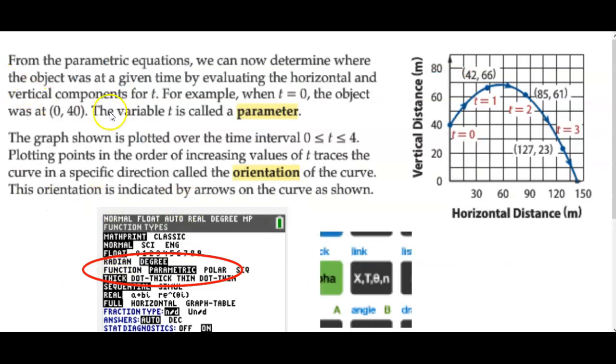So it says the variable t is called the parameter. We now determine where an object was by evaluating the horizontal and vertical components for t. The graph shown is plotted over the time interval from 0 to 4 seconds. We're going to have to set an interval for our t value, both in the calculator, and it's going to help us determine endpoints. Plotting points in the order of increasing values from 0 to 4 gives this shape,